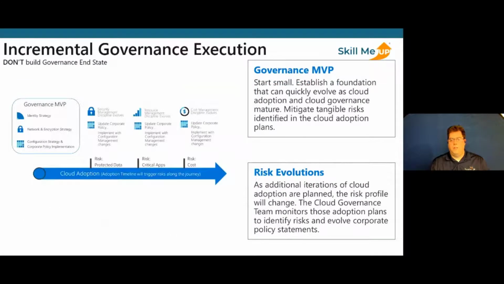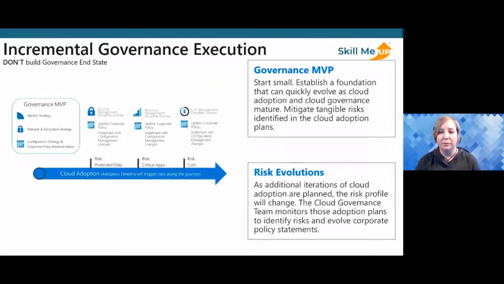I think Shannon, I'll turn it over to you to talk a little bit around this execution of governance. Sure. So the big takeaway from this slide is we don't want enterprises to build a governance end state, right? The cloud is ever evolving, and if you were to start right now, you probably wouldn't solve for everything out of the gate. The idea is to build upon governance incrementally, where you formulate an identity strategy, a network strategy, an encryption strategy, and a baseline strategy for the way your resources are going to be created. This helps you build upon what comes next in terms of the actual implementation itself.